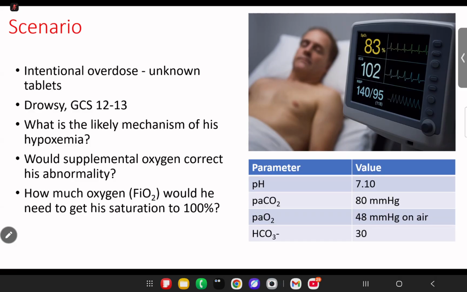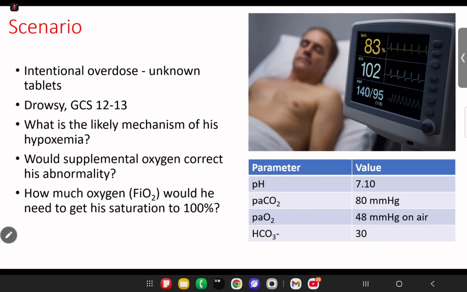We don't do this in clinical practice, but just for physiological understanding, what equation would we use? So if you want to get 100% saturation, you have to have roughly 100, or close to 100, of